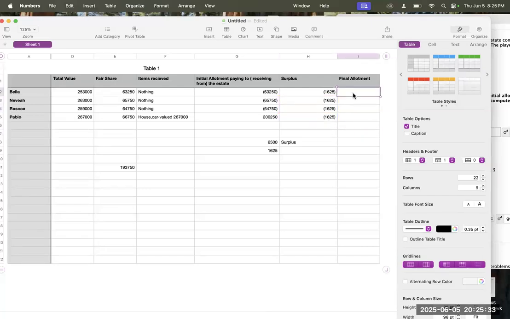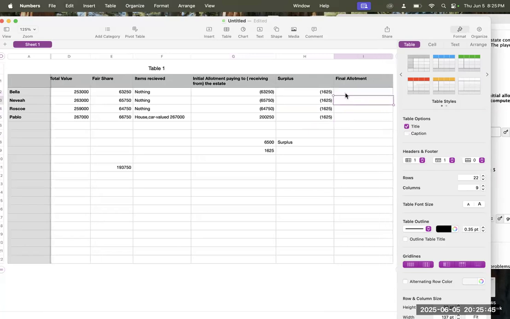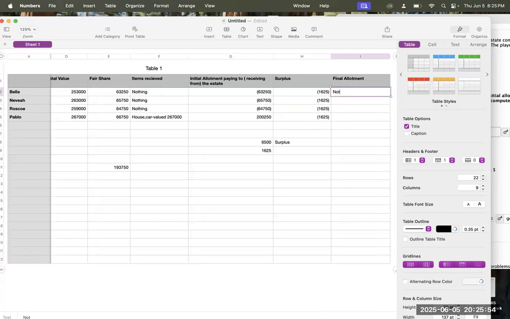All right. Now, if both numbers are in parentheses, I'm going to add them together because they're receiving. Okay, so now this is the final allotment. It's a little bit tricky, but let's review Bella. Bella got nothing, right? So the final allotment for her was no items, if you will. But then she's going to be paid